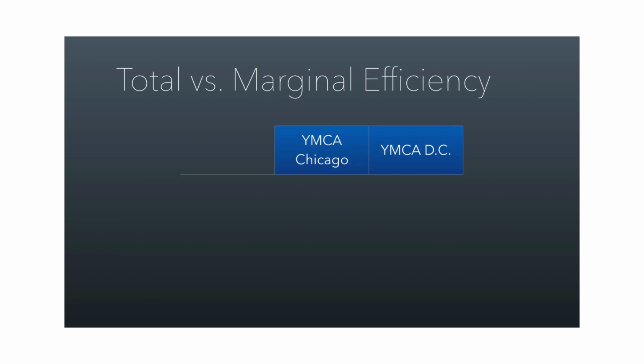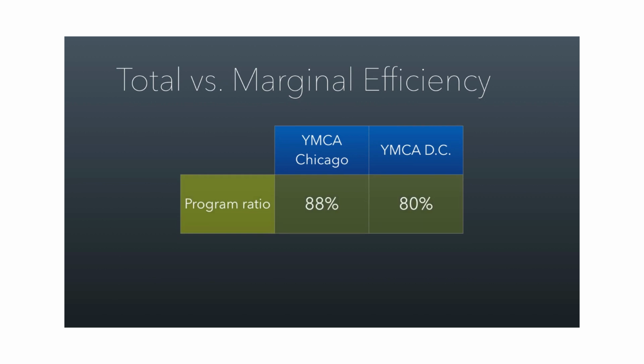I'll show you an example of this. So take the YMCA Chicago versus YMCA DC. YMCA Chicago, at the time that this was measured, had a program ratio of 88%, whereas YMCA DC had a program ratio of 80%. Now that on its surface looks like the YMCA Chicago is more efficient in spending their money on programs. Now that doesn't mean they have more impact necessarily, but that they're more efficient in allocating to programs. But if you look at their NPR, YMCA Chicago has a negative NPR of 1.53, which means essentially